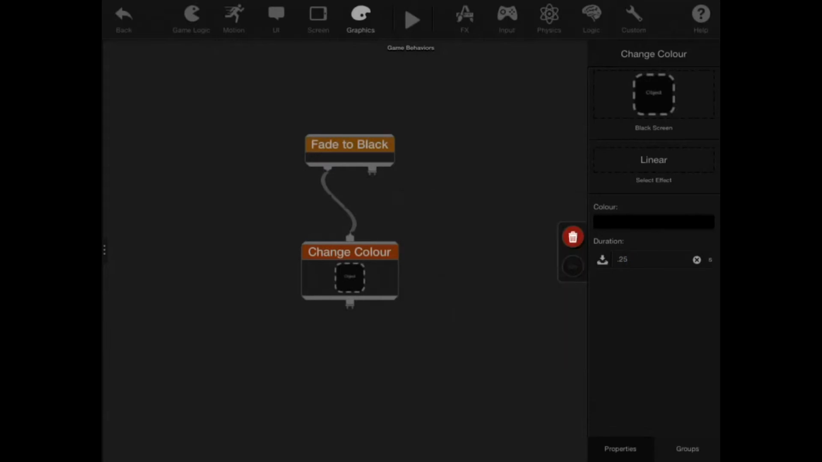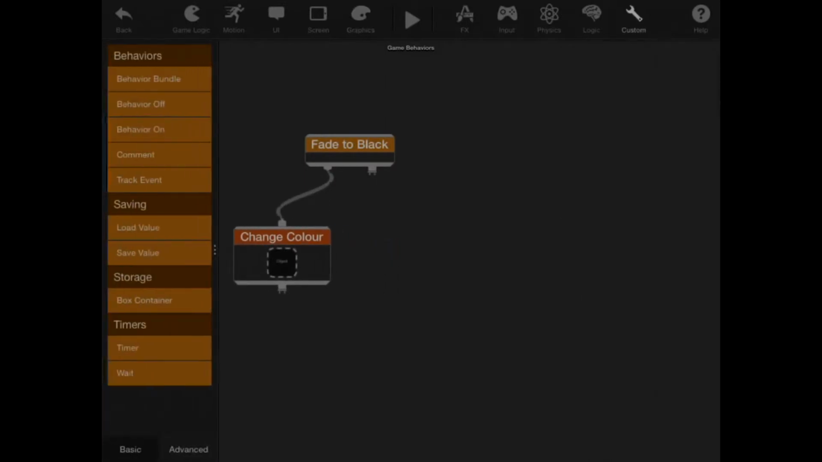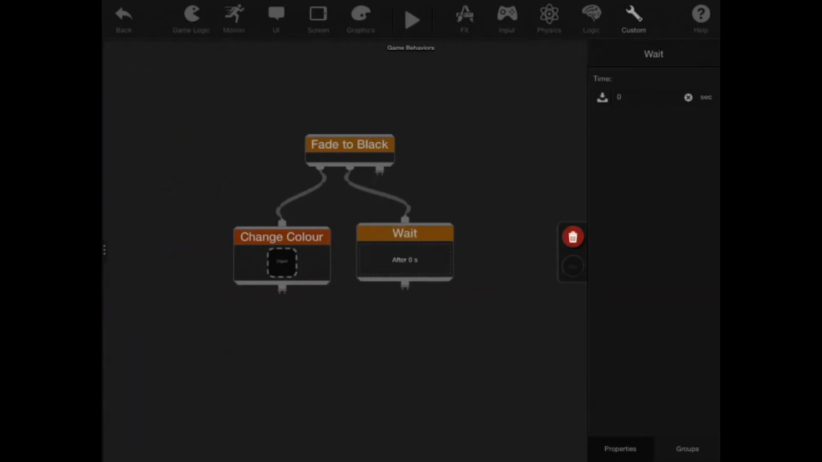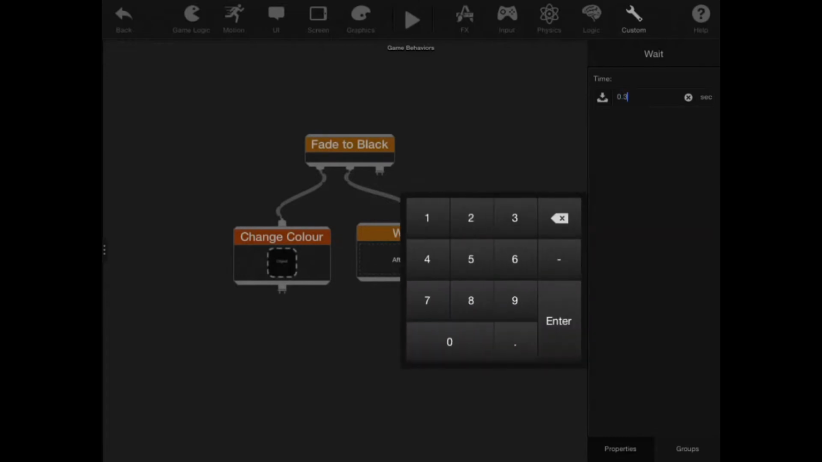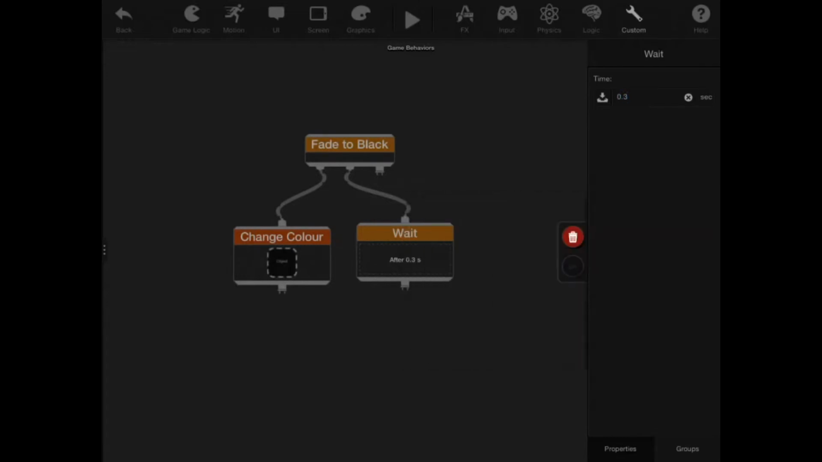Now we need the game to wait briefly before it once again makes the black screen invisible. So it's back to the custom behaviors list where we can get the wait behavior. We need to wait at least 0.25 seconds since that's how long it's going to take for the initial fade out to black to occur. But I like to bump that up to 0.3 seconds so that there's just a little extra time with the